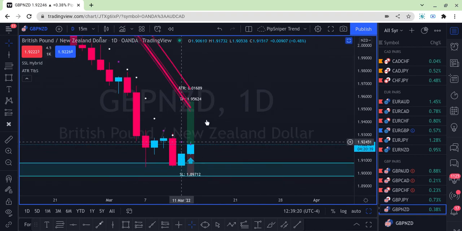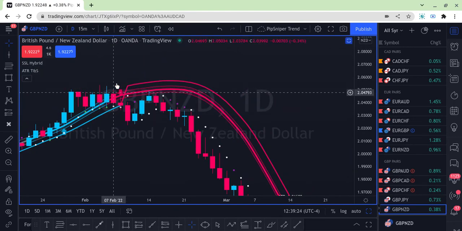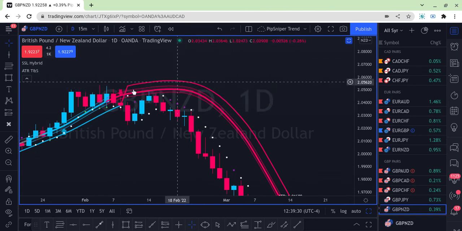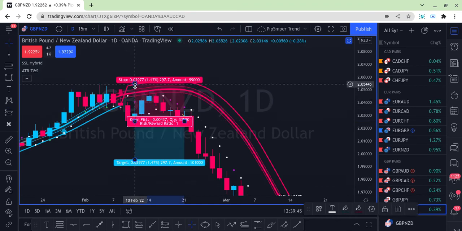Sitting here, had you taken this trade, let's say your criteria is to wait for it to flip. So you wait for the flip, you got that flip, and you put your stop. Let's say you put your stop above here. I don't know what your criteria is, let's just say it's what it is. And you decide to take it after it flips. I'll be taking it right in here. I'll be on this candle getting in, but you may get in on this candle. So you got that flip, you decide to sell, you put your stop way up here, and then